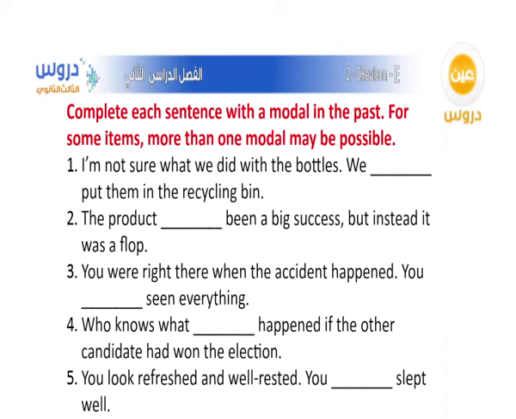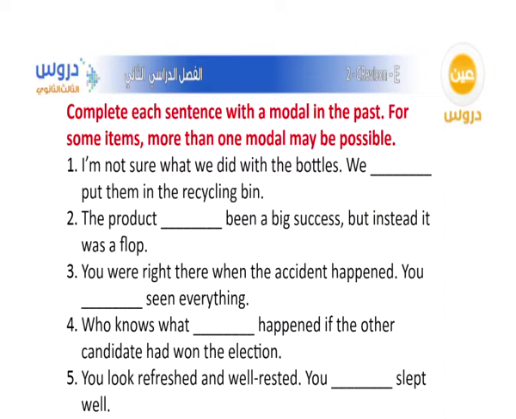Yes, if you remember, Fatima and Saud, we use may, might, and even could. We use may have, might have, and could have for uncertainty. You know what uncertainty means? It means you're not quite sure. Now he began his sentence by saying, I'm not sure what we did, right? So he's not sure, uncertain. When we talk about uncertainty, then may, might, and could are the choices. So yes, may have, not just may. We may have put them in the recycling bin. That means maybe that's what they have done, but he's not quite sure, okay? The answer is may have.